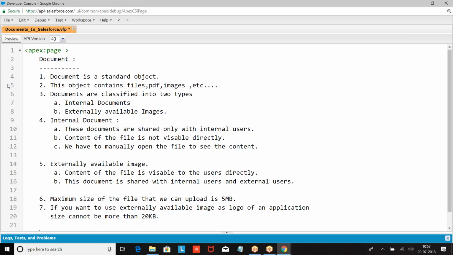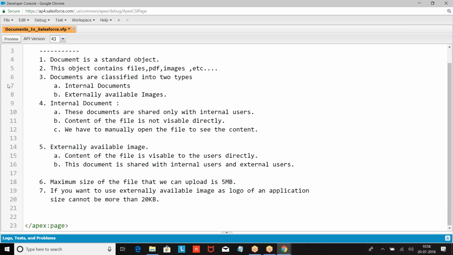Externally available image can be viewed by internal users as well as external users.